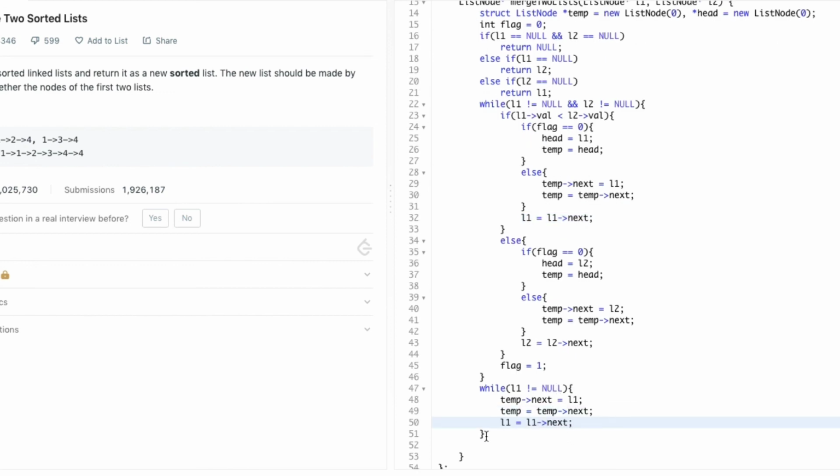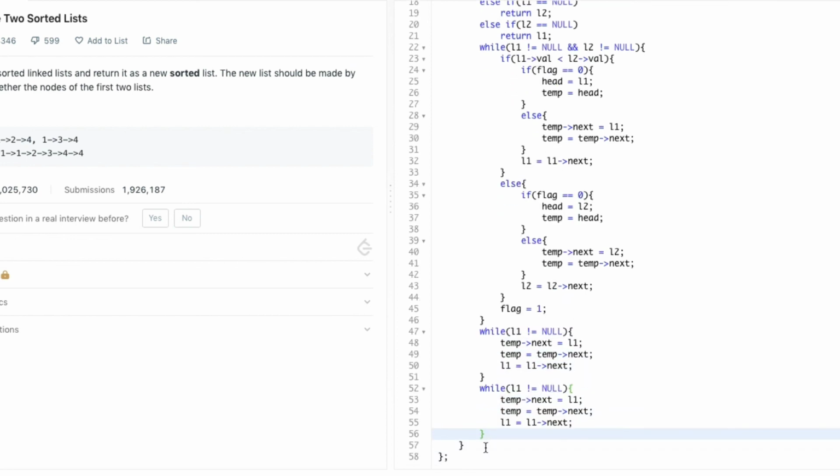And we need to repeat the same thing for L2 as well. And finally, we can return the head pointer to a new linked list, which is obtained by merging the two sorted linked lists.